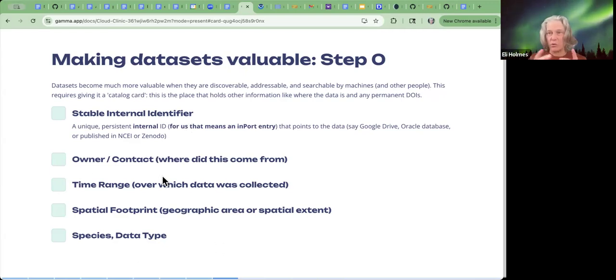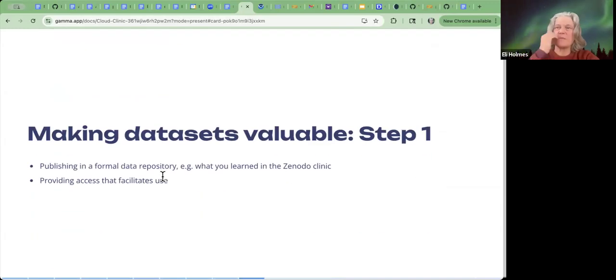So once you define what a data set is, you then give it a little identifier. And once you have that, you can add other things. For example, the next step kind of depends on what that data set is. It may be formal publishing, like in the clinic, where you learned how to do this with Zenodo.